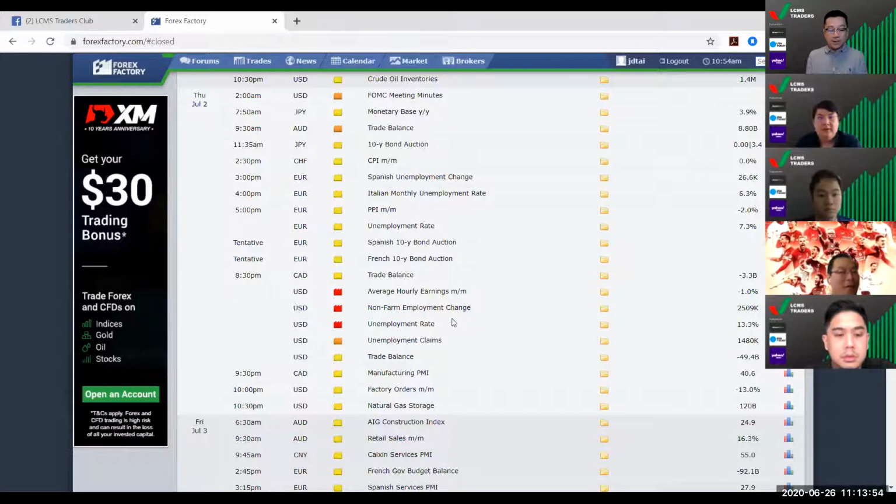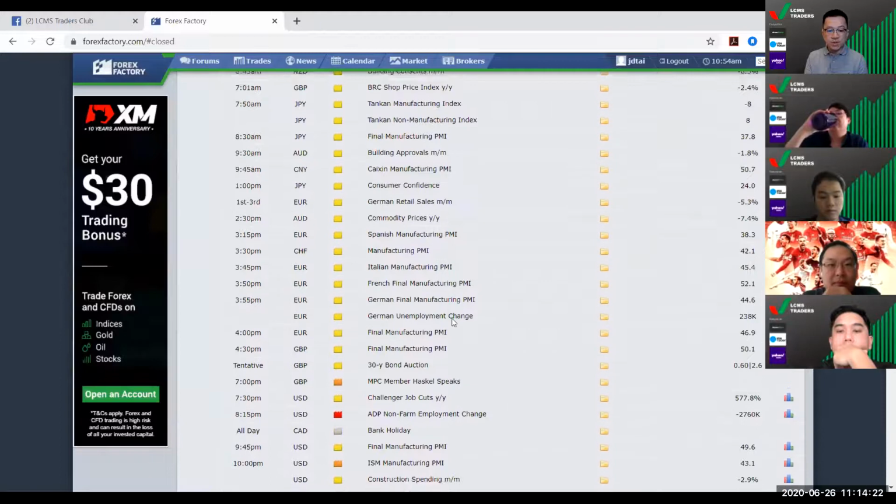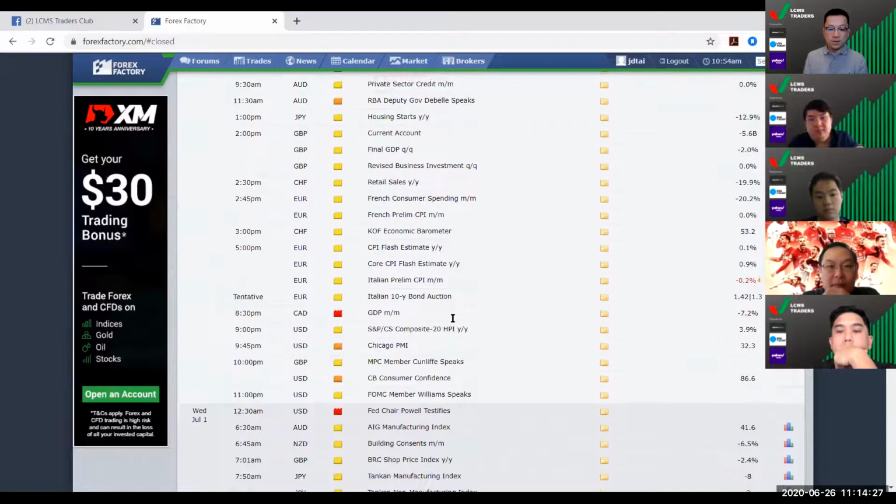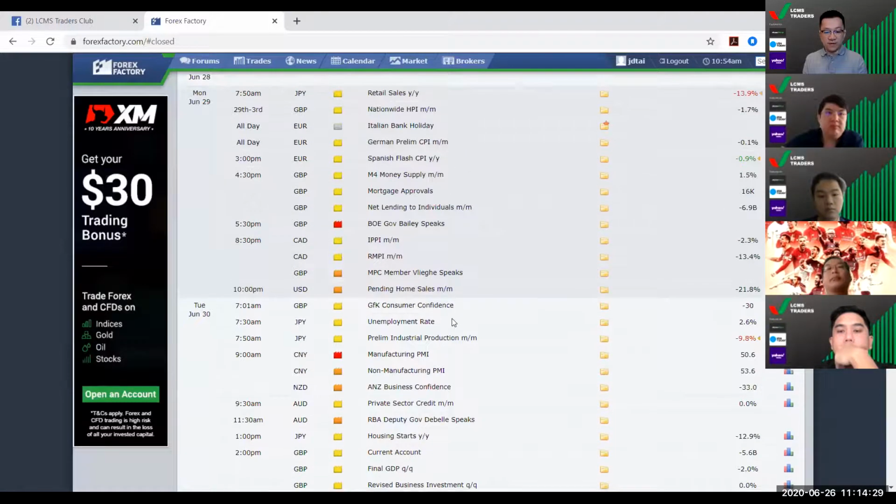So that's probably going to move the market a little bit. But what we're likely to see is that maybe for Monday, Tuesday, Wednesday, a little bit more of a quiet market as we lead up into the non-farm and also lead up into a long weekend in the US. So there might not be too many traders taking positions heading into that long weekend, and also because there's not that much news next week. There's a lot of news, but not much super important news that could move markets very significantly.